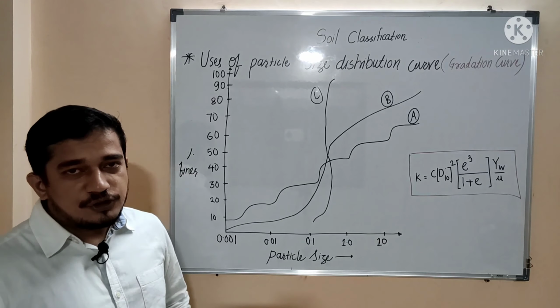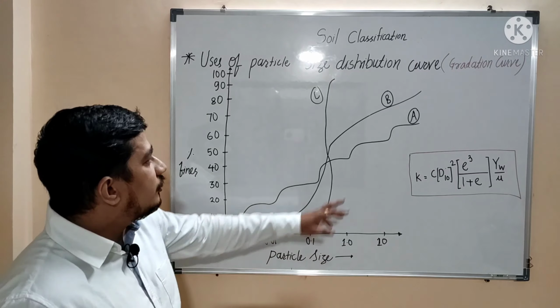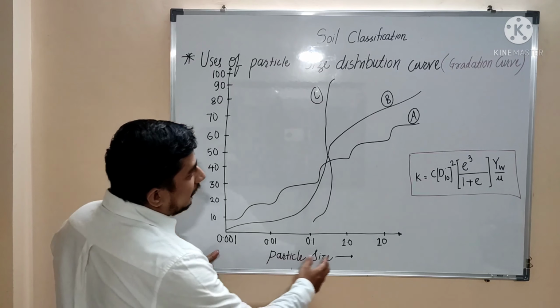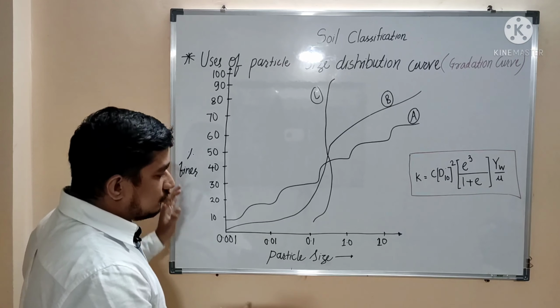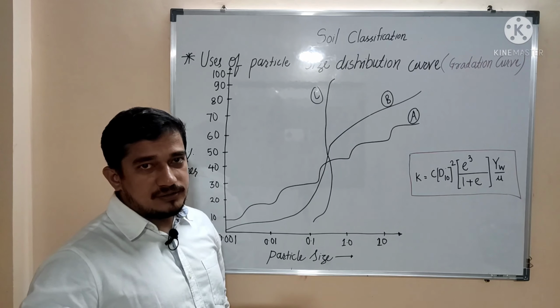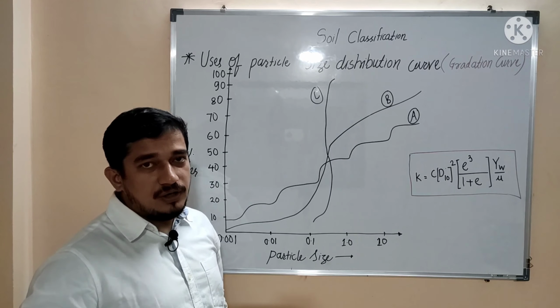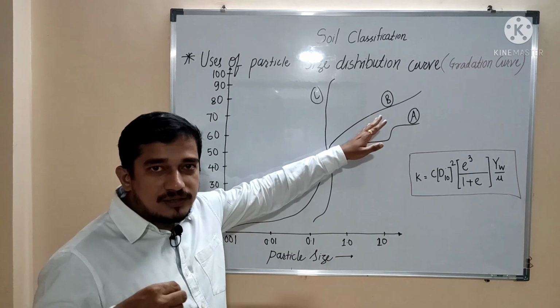As you see this A curve, okay, on this plot, then you will see that there are humps like this. Okay, so it indicates that some of the soil particle sizes are missing within the soil mass. Then after that, secondly, if you see this B curve, it is covering all particle sizes and it is also covering all percentage finer. Okay, so it indicates that all the soil particle sizes are present within the soil mass. Okay, so we can say it as a well graded. Why well graded? Because all the gradings of sizes of the particle of the soil are present within the soil mass. So that's why it is called as a well graded.